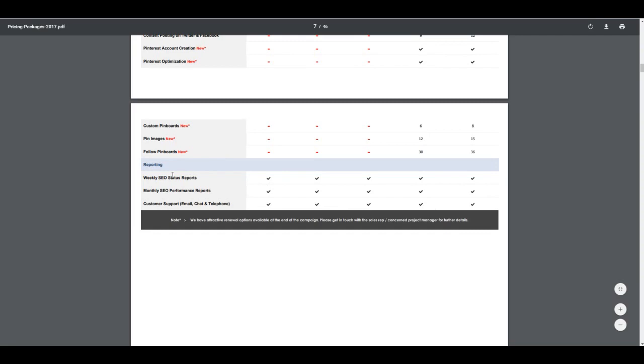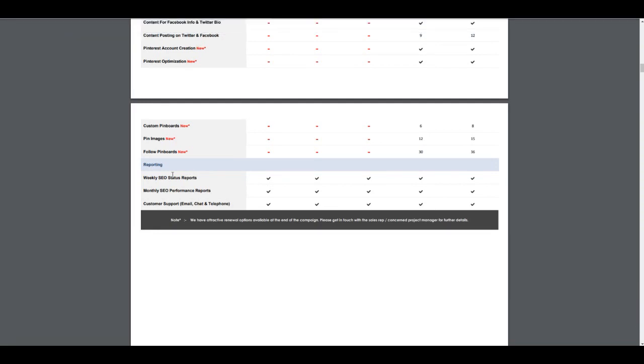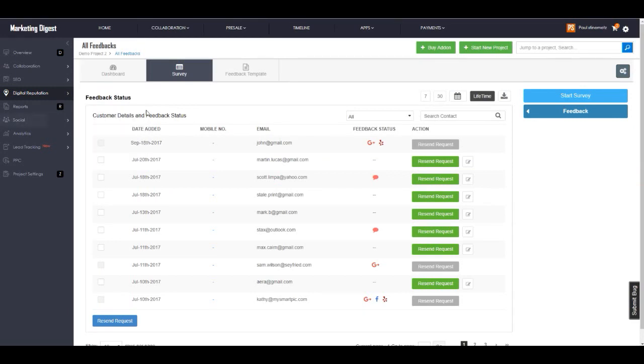And then, for the reporting, we provide weekly and monthly reporting. Support through email, chat, and telephone as usual. But let's go through the weekly and monthly reporting because this is great. Not to mention, of course, you have this entire dashboard that you can go through, which is really impressive for everything on a local SEO campaign, and that is gone through in separate dashboard tutorial videos. What I'm going to go through with you is the reporting.